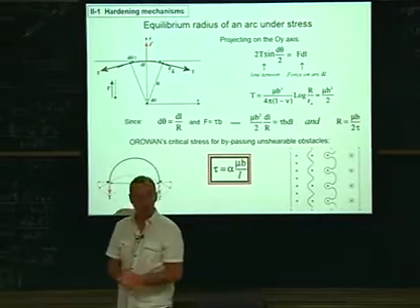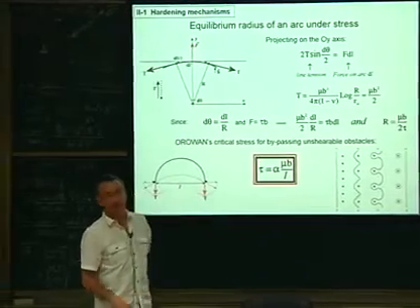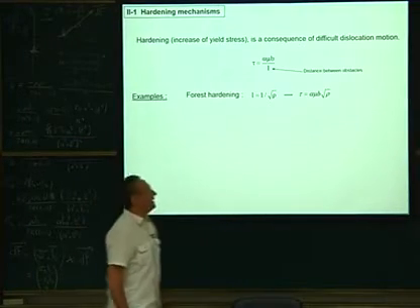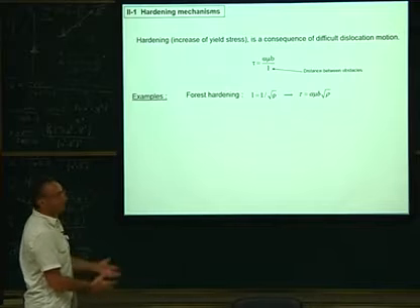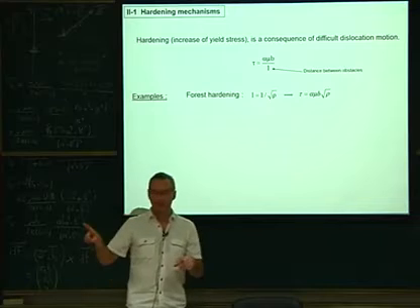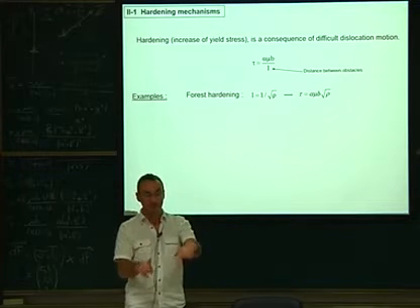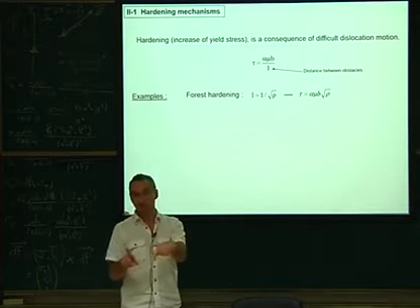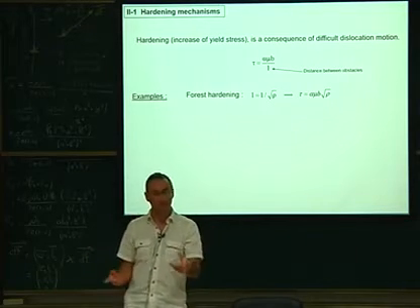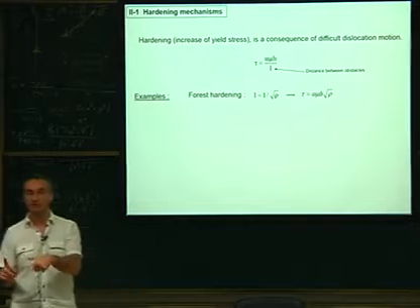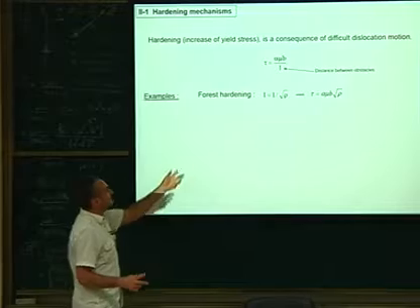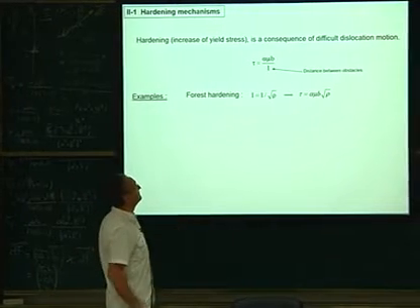So I will show you many situations where this mechanism comes into play, and we will see together which mechanism I will speak about. So the first thing to do for hardening, I will explain what forest hardening is. Forest hardening is when you have a dislocation meeting another dislocation. So the obstacle is not a precipitate, it is another dislocation. Sometimes they could meet and create some nodes. This morning we saw the junction. We saw that the Lomer-Cottrell lock was a big way to lock dislocation segments. So in that case, it will create a hardening because your dislocation will be pinned.